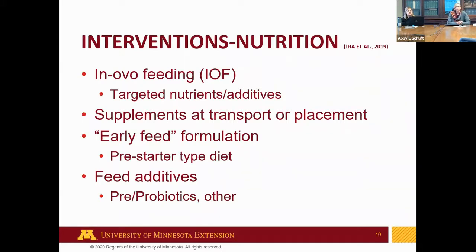Another interesting paper just recently came out, talking about some interventions. We have to assume that there's always going to be some delay in getting birds, and I don't want to say delay, it's just part of the natural timing and schedule of the system between hatching and transport and getting the poults out to the farm. So are there some things that we can do to mitigate or minimize the effect of that time off of feed? There are some things such as in ovo feeding,